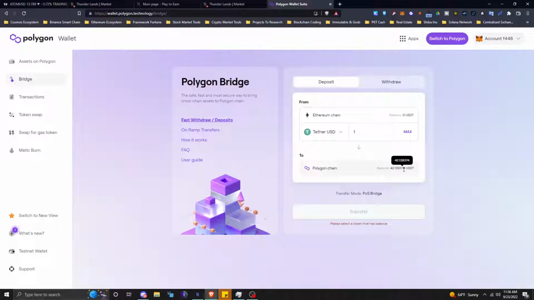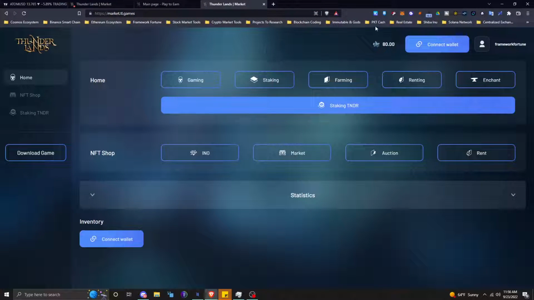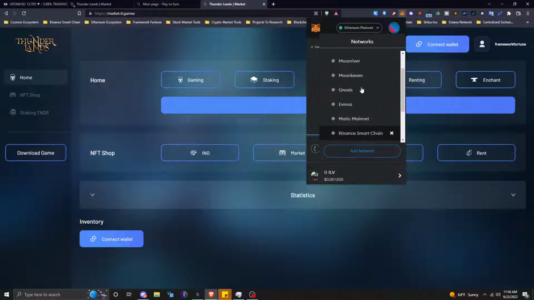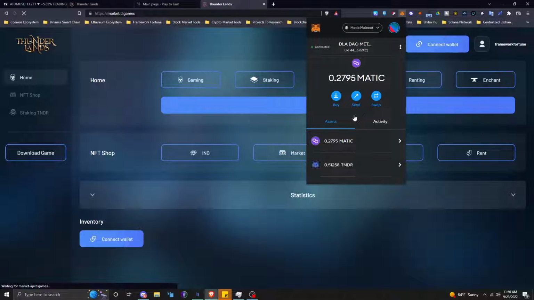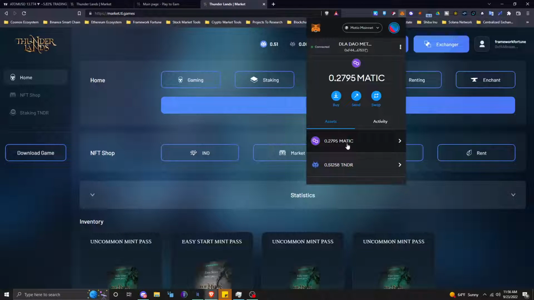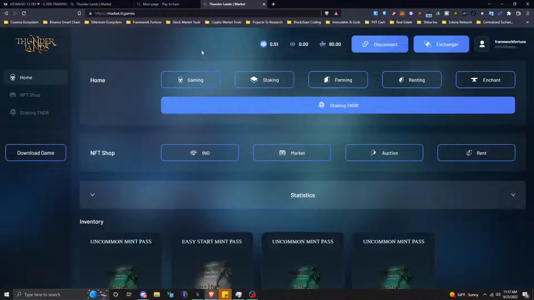Transfer. See, I got 42 on the Polygon chain there. Yeah. Oh yeah, I don't have... Yeah, it's not gonna let me even show it. But anyway, this is how you use this Polygon bridge. Drop that in the live stream chat there. And once you have everything on here, you can come back to the marketplace. Go over here to your wallet and put on the Matic network, and then after that 30-minute period, you should have your Matic or your USDT or Tender in your wallet, right? Okay, so